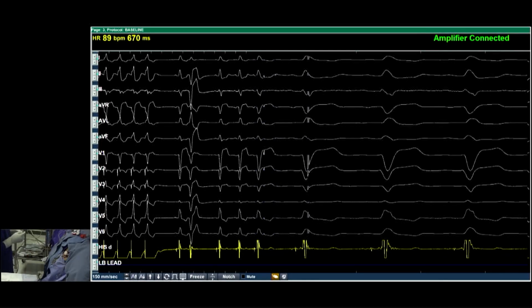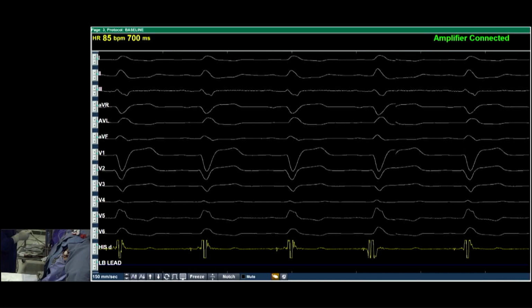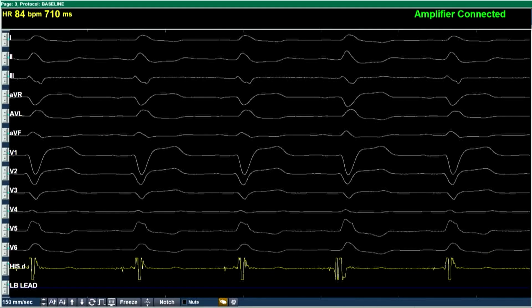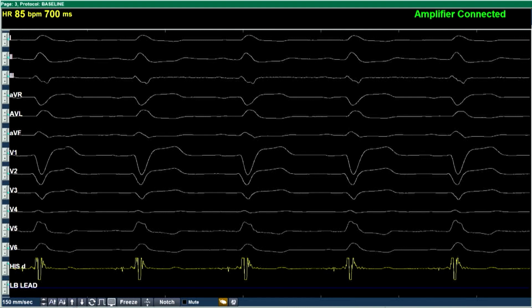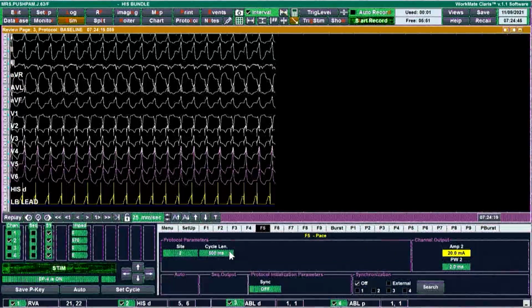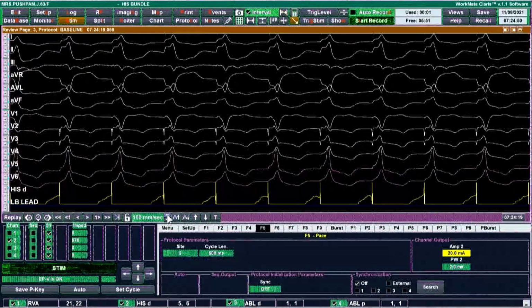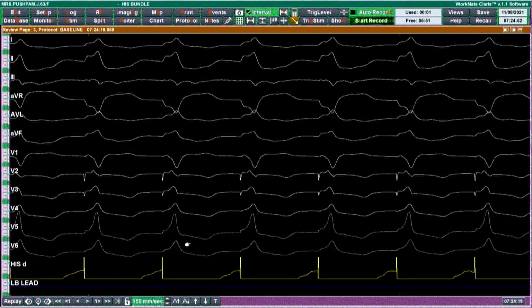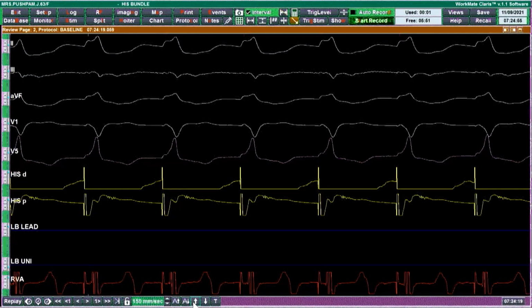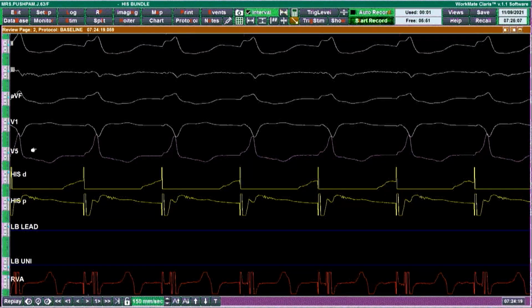You can see V2 becoming RSR dash pattern. Yes, sir. And for people who have joined later on, you can see a delay between the proximal His and the distal His. Yes, sir. Go to previous page. There was a significant delay in the His recording between the proximal His and the distal His, telling you the delay is in the very proximal portion of the His-Purkinje system. And therefore, you are likely to correct it if you go a little distally. Yes, sir. So there is some correction from the distal His.